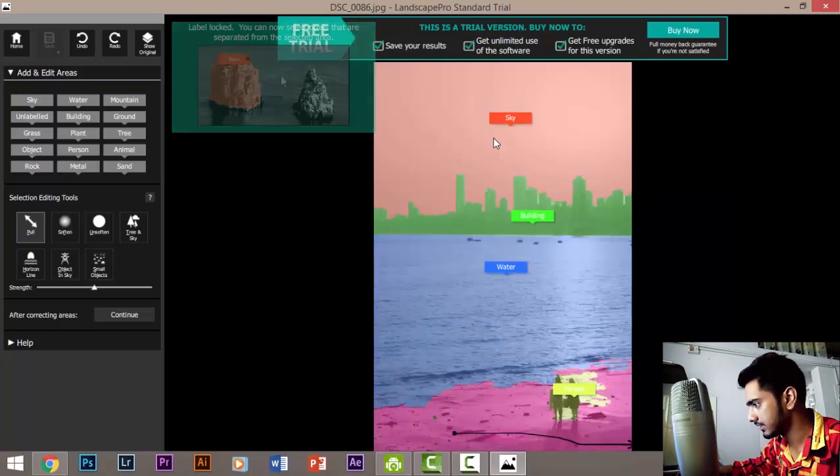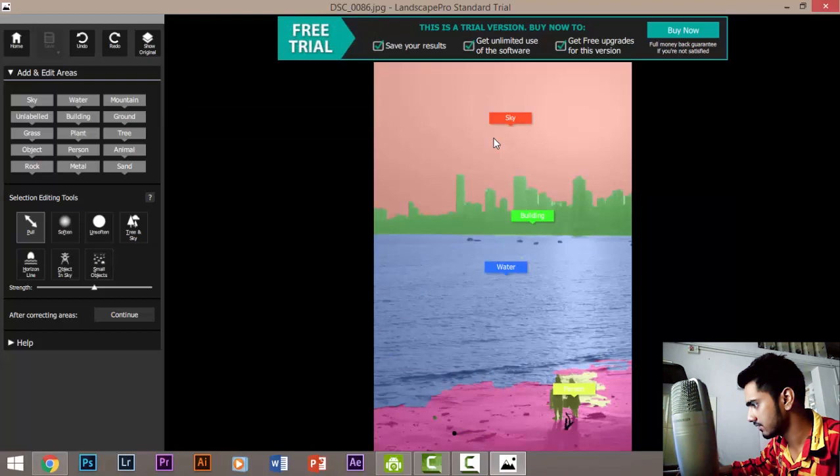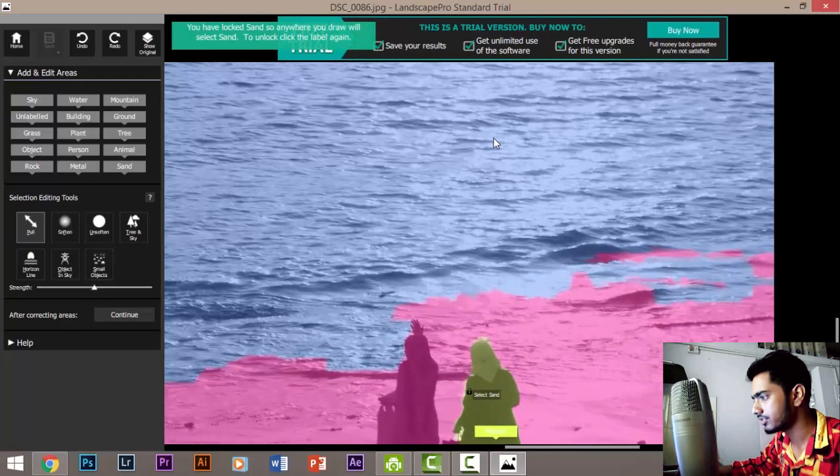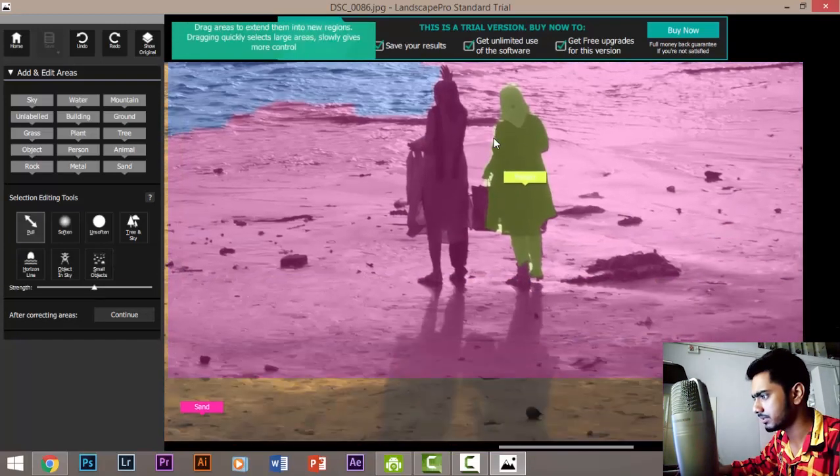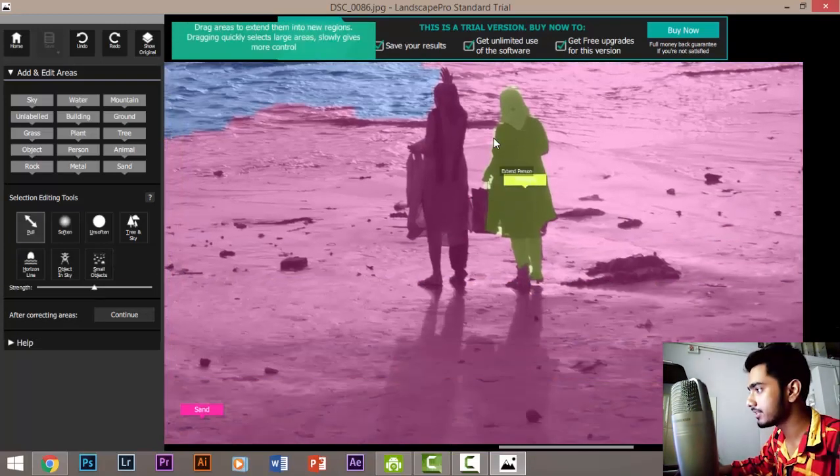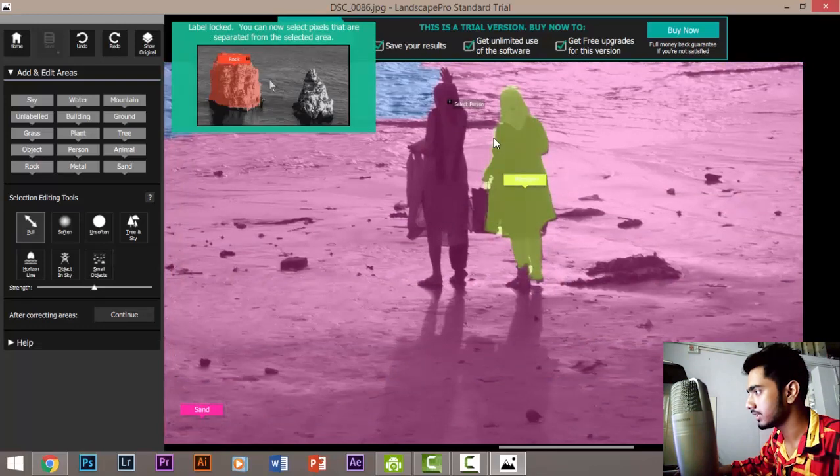Now once again, let's select the sand. Again, it's a very rough selection, and we are good. Now let's zoom in and just select the person. Also, you can zoom in and refine your selections later. So once we click the persons,